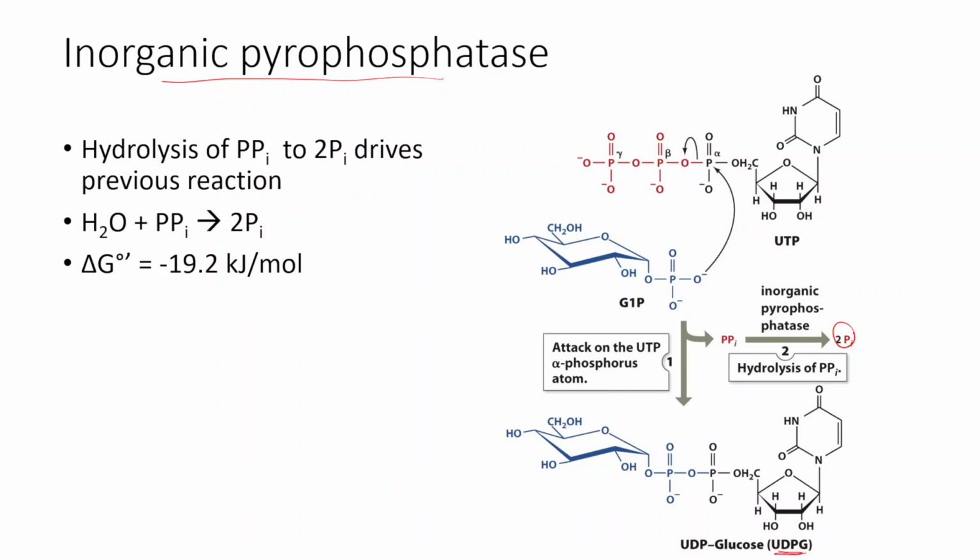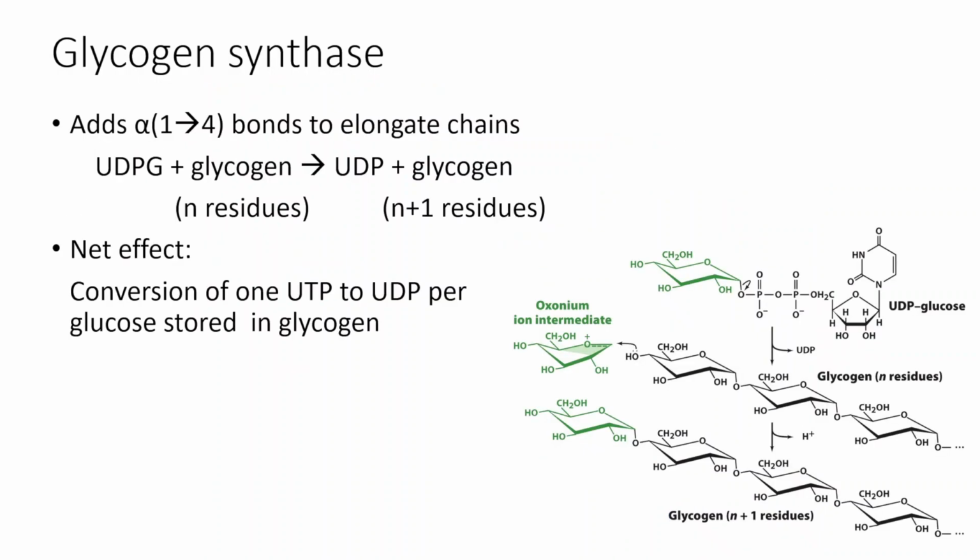So that is the first part of glycogen synthesis, where we've activated our glucose. Now that activated glucose is ready to be added on to a growing glycogen molecule. And the enzyme that does that is glycogen synthase. So glycogen synthase is going to add alpha-1,4 glycosidic bonds. And so in some ways, this is sort of like the reverse of glycogen phosphorylase, because that's breaking alpha-1,4 glycosidic bonds. However, in this direction with glycogen synthase, we're not using